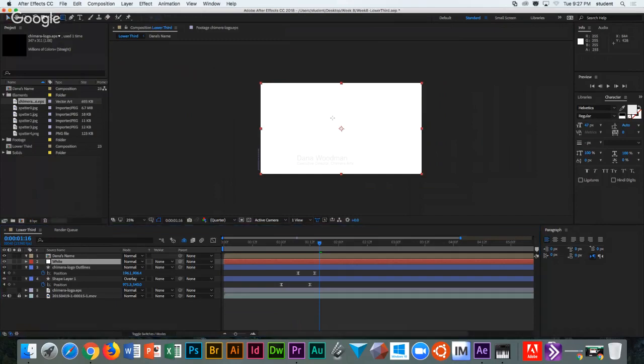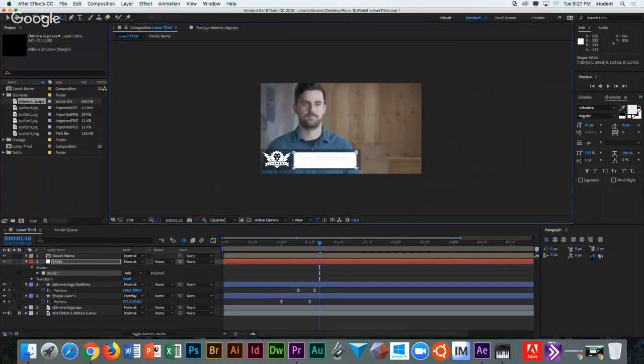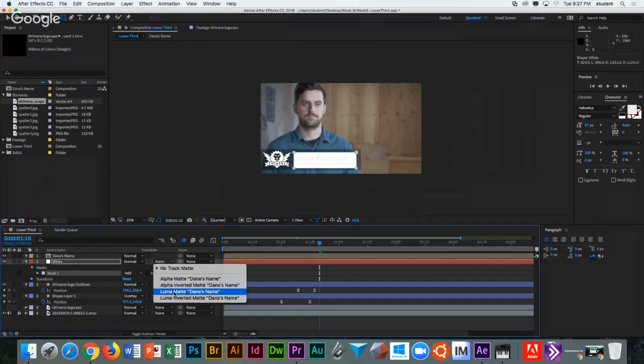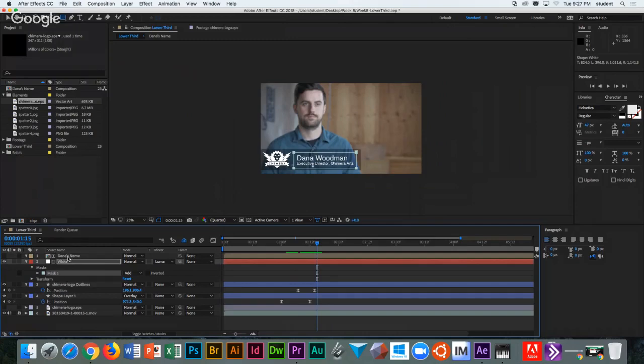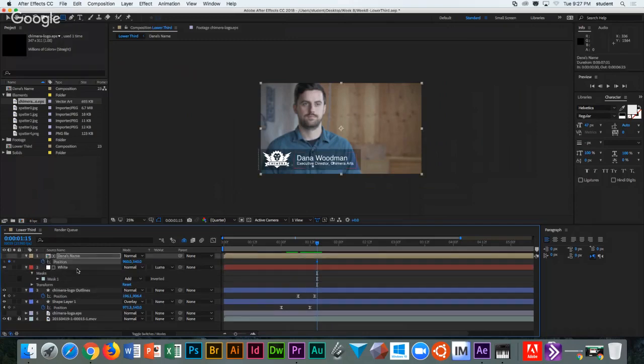Okay, so now with that layer selected, we will put a layer right here, and we will basically do a track matte on Luma. Okay, so now as that moves, when we animate position on this, you'll see that, and of course I want it to show up later. So actually we can just move it like that. And once we ease this, we will have a completed, rough but completed